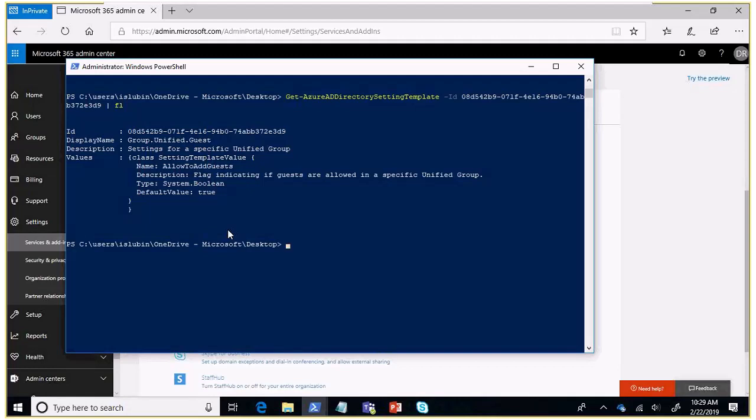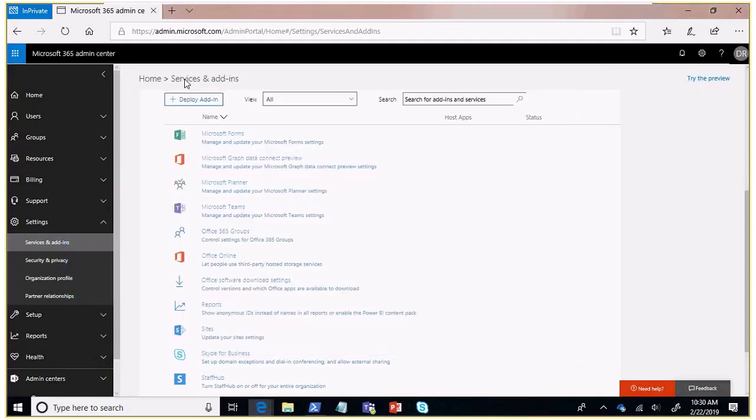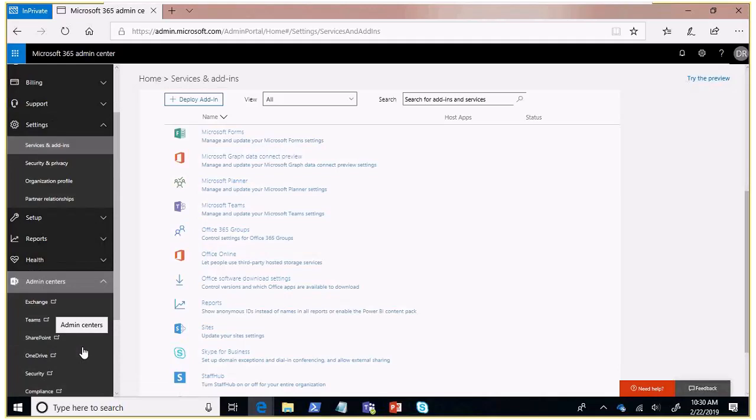So these are the governance controls within AAD for groups. And then let's look at some of the governance controls you have within Security and Compliance Center really briefly, and then over to the Teams admin portal. So if we go over,